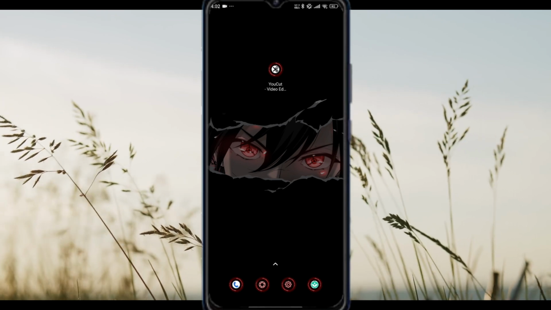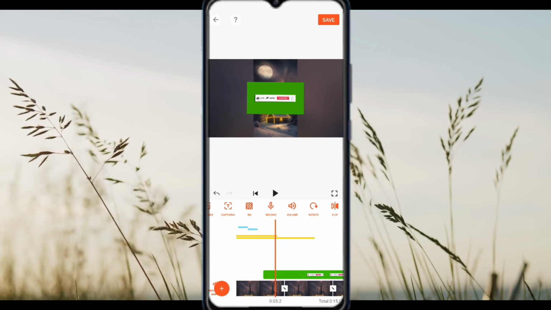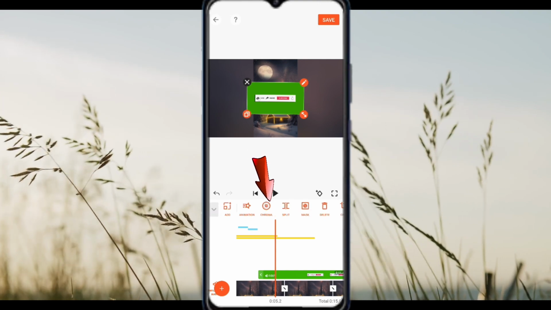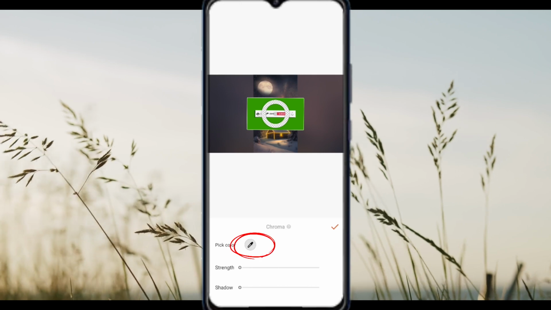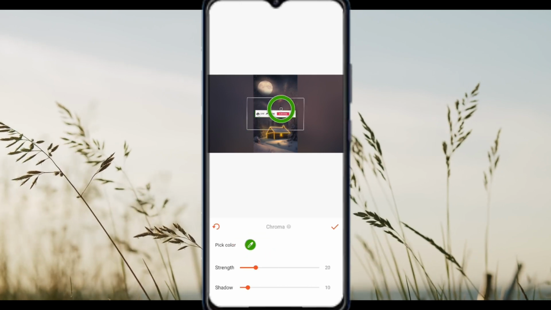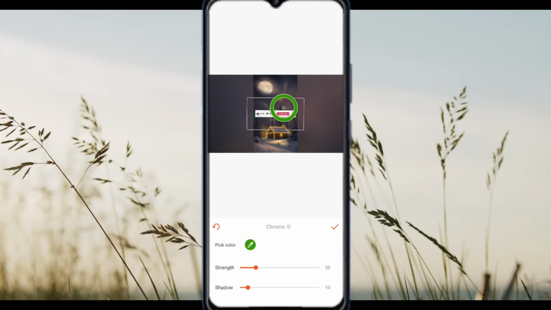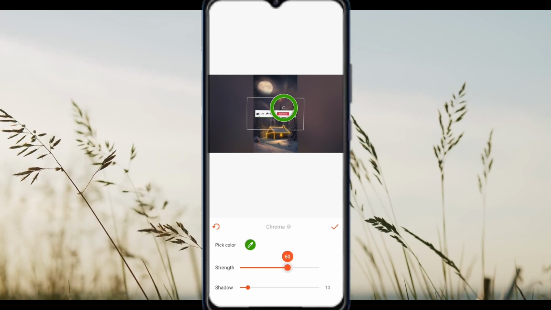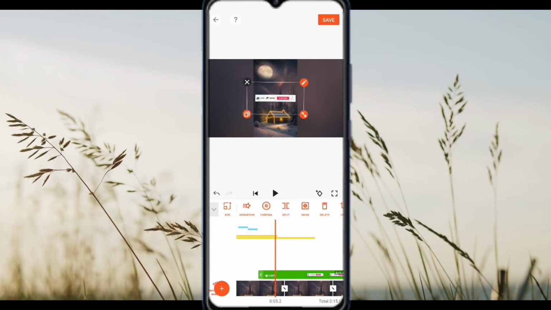First, open your project and add the green screen clip as a PIP layer. Tap on the clip, then choose Chroma. Use the eyedropper tool to select the green color in your video. Instantly, the green disappears. Adjust the threshold sliders to clean up any leftover green edges and use the feather tool